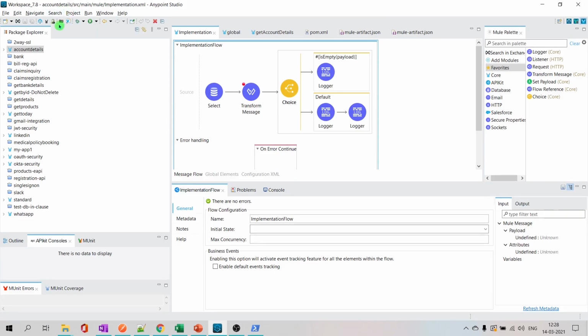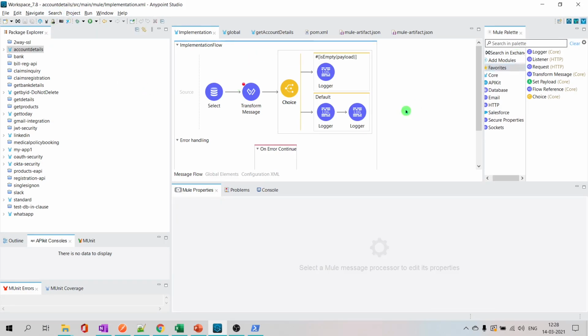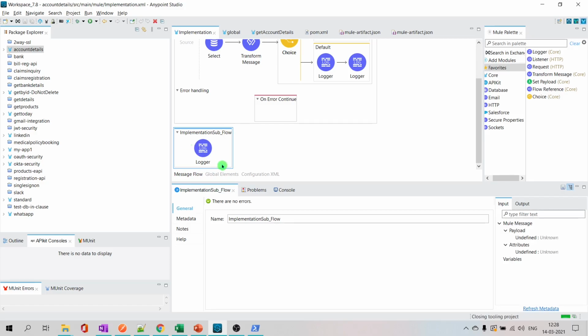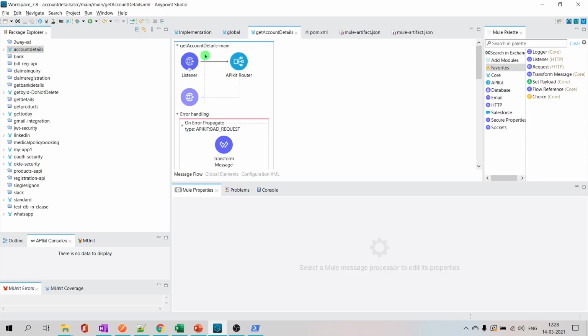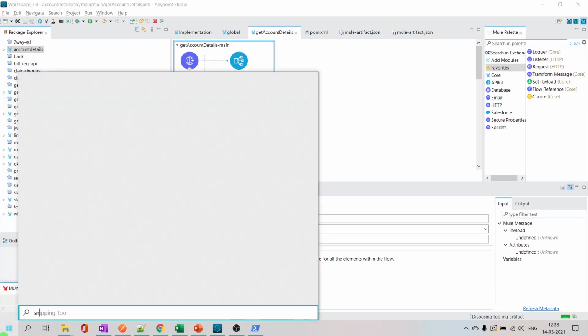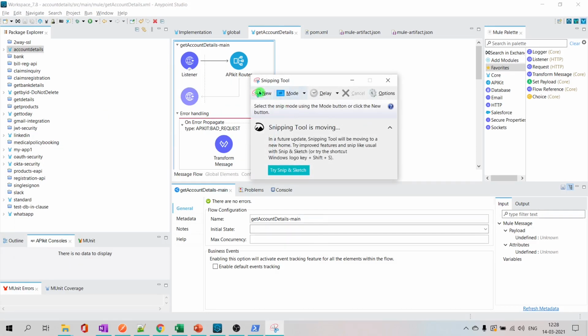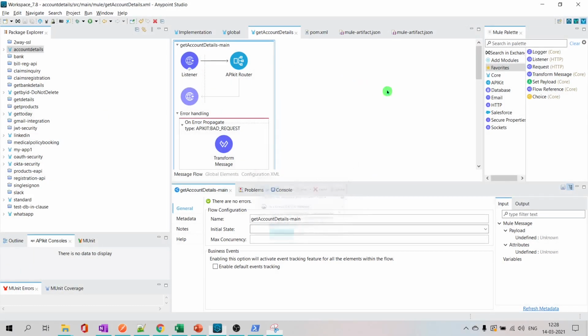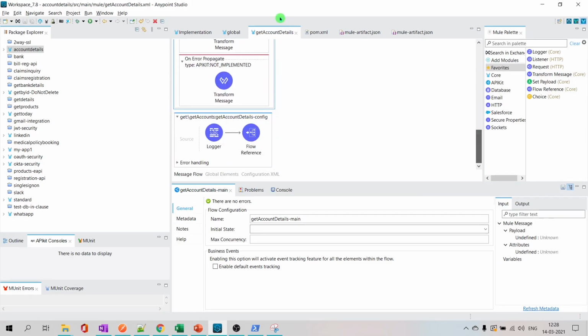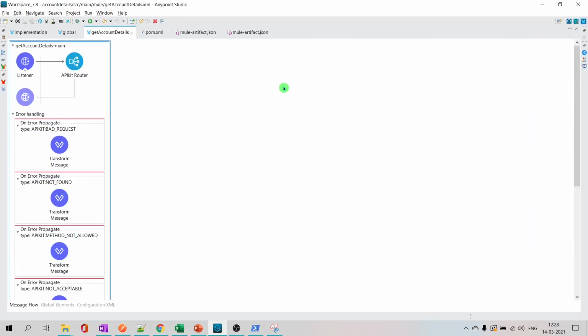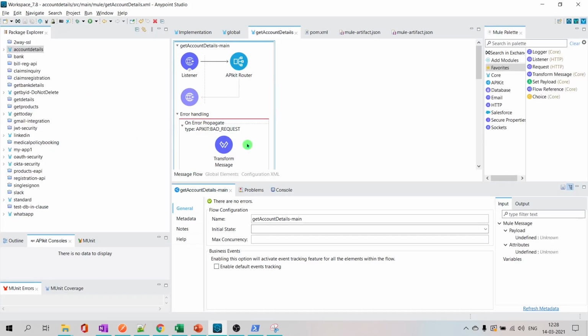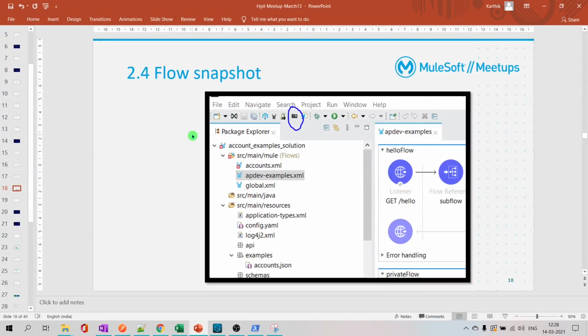It will be disabled by default. You should click on some flow to enable it. Whatever flow you select, it will take a snapshot of that. I generally use it when the flow is too big, like we cannot pull the snippet tool and take a picture of this complete main flow, which is too big. Even though you zoom out, you cannot take the whole picture at once. Then I use the snapshot feature for creating documentation. That will be useful there.